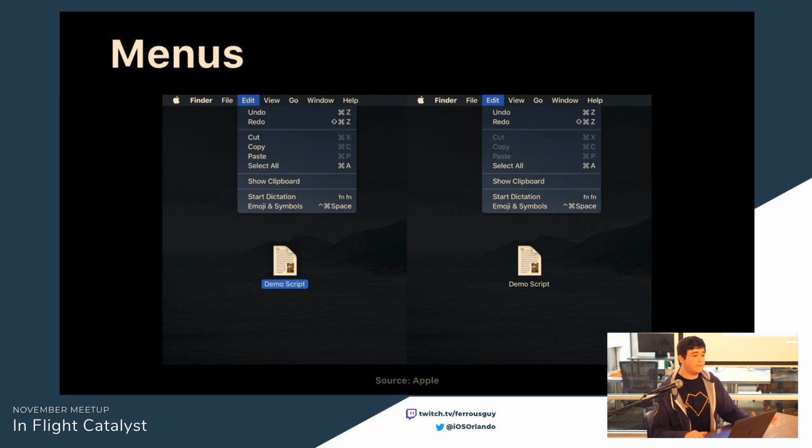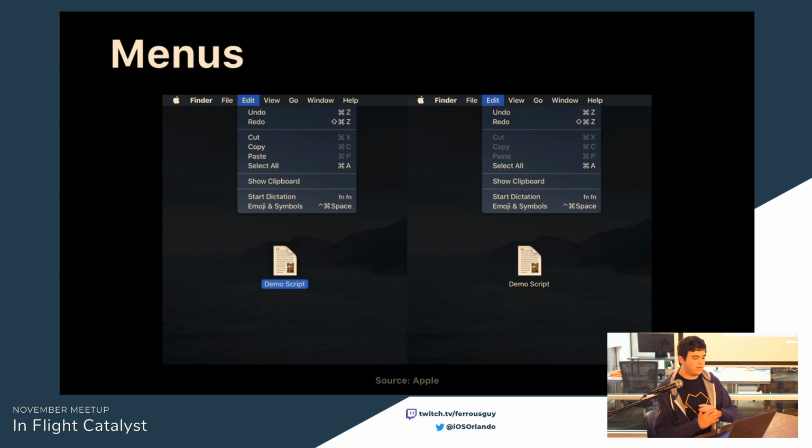Okay, so one thing that's completely new to macOS is menus. At first, I was actually a little bit surprised about how the menus were working, because to me, it felt a little bit different from the way I'm used to things working on macOS. And we'll talk later about something else that felt different in a pretty similar way. The difference is that for menus,